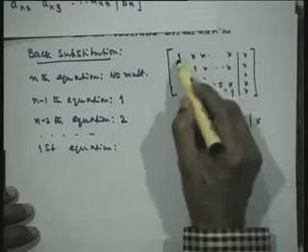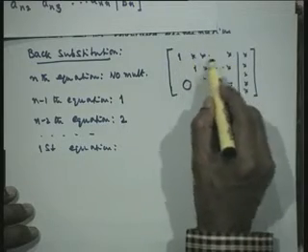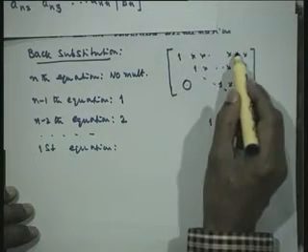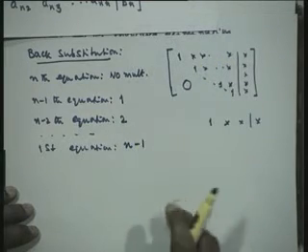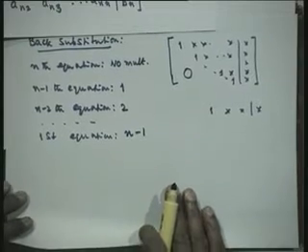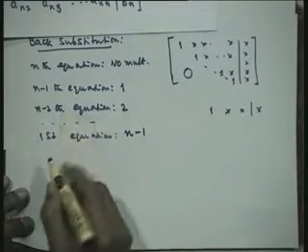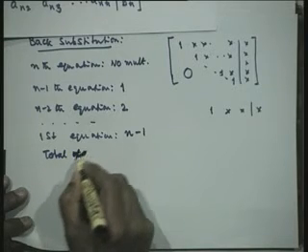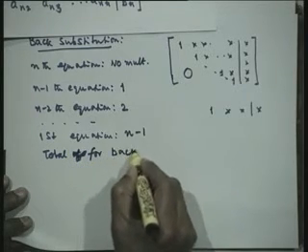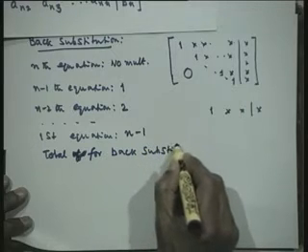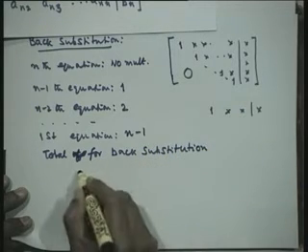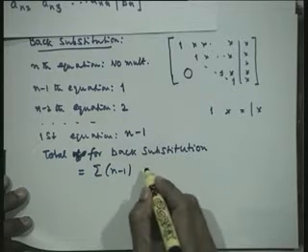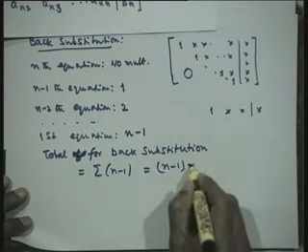Now, let us look at the first equation. In the first equation, I have to multiply these n minus 1 elements, take to the right hand side and add them. Therefore, I have n minus 1 multiplications to be done here. Therefore, the total for back substitution is the summation of n minus 1, so that this is n minus 1 into n by 2.